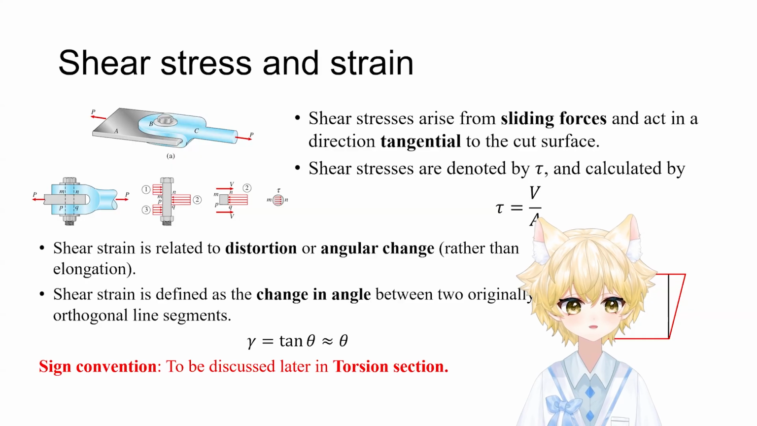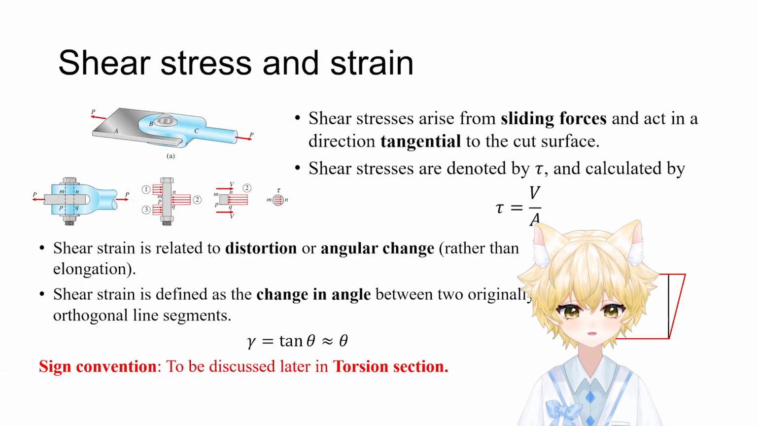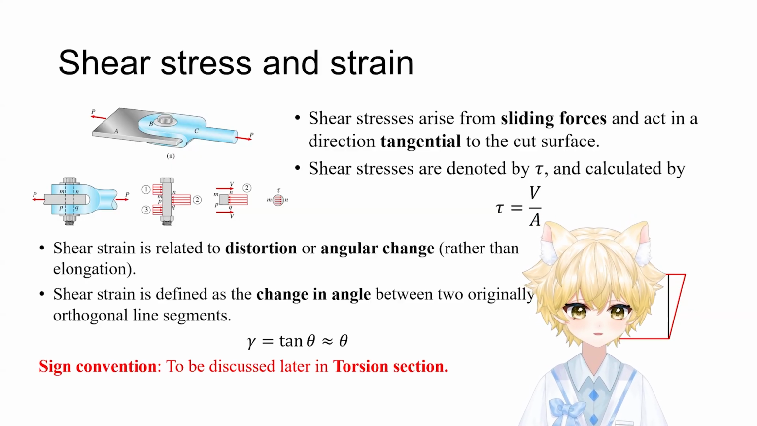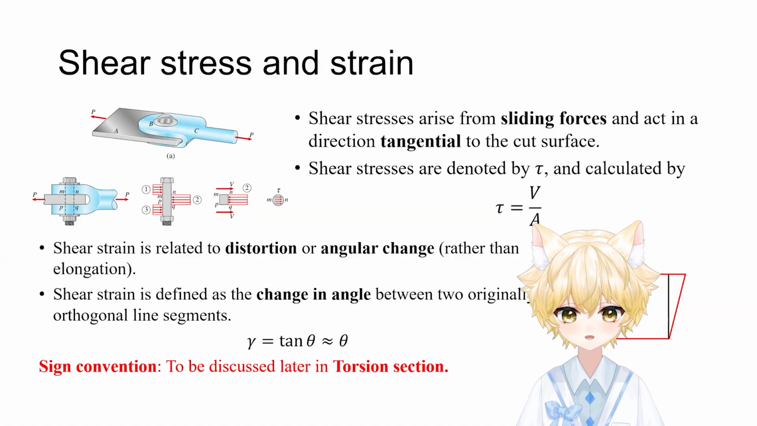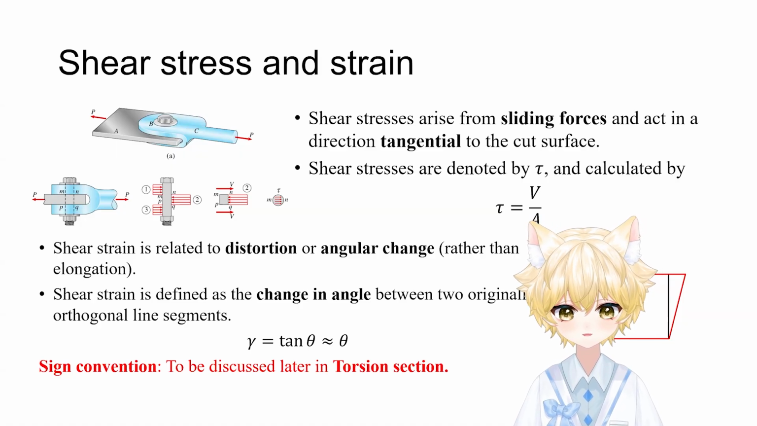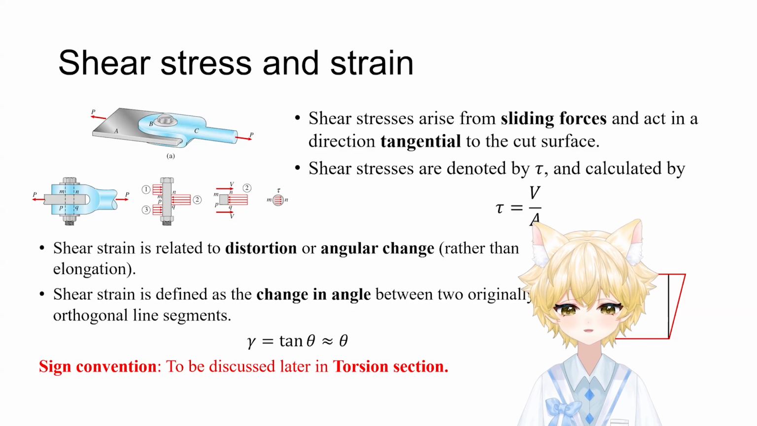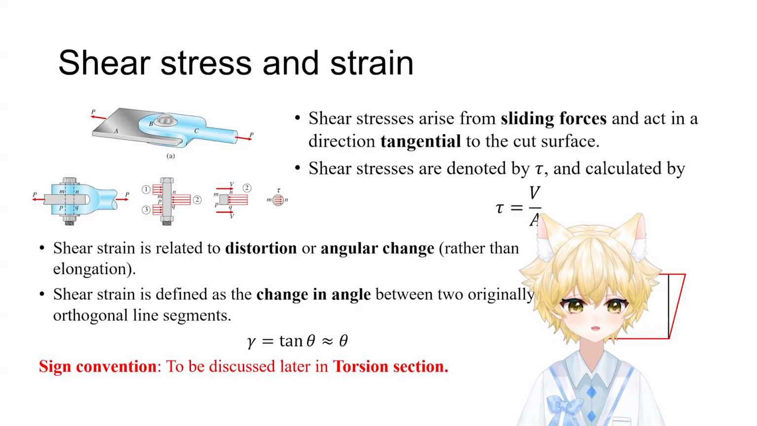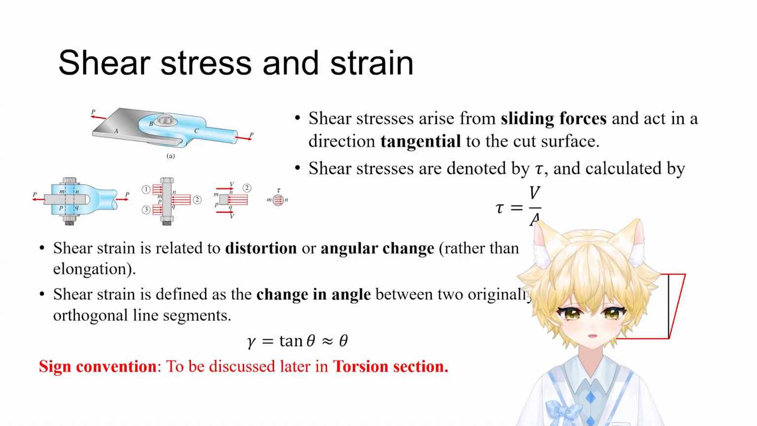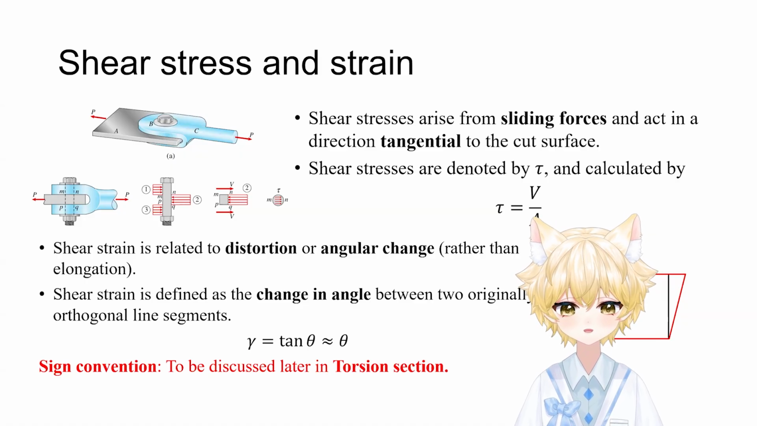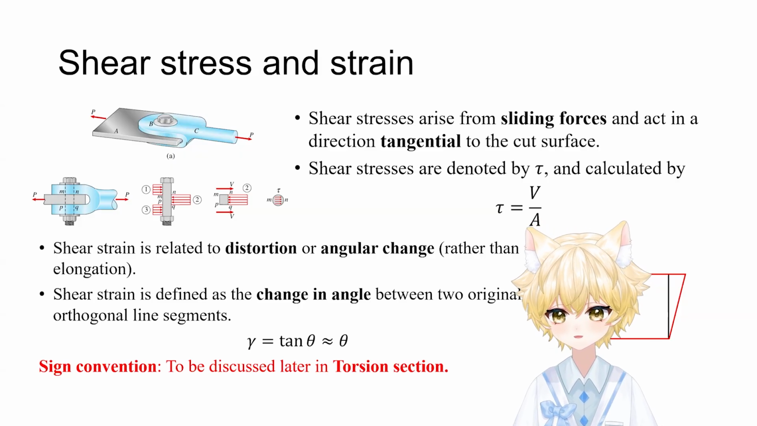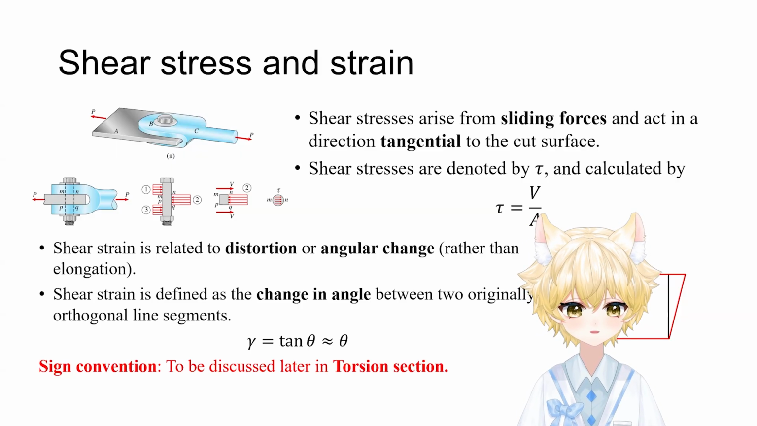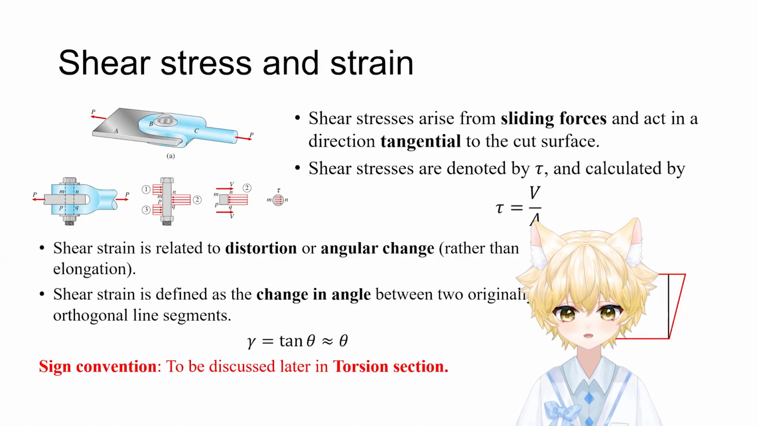Now, because the force is different, the deformation is also different. Normal stress causes elongation, making things get longer or shorter, while the shear stress causes distortion. It causes an angular change. Look at the red box on the right side of the slide. Originally, that was a perfect square with 90-degree corners. When we apply shear, it tilts. It becomes a parallelogram. That change in angle, the deviation from 90 degrees,